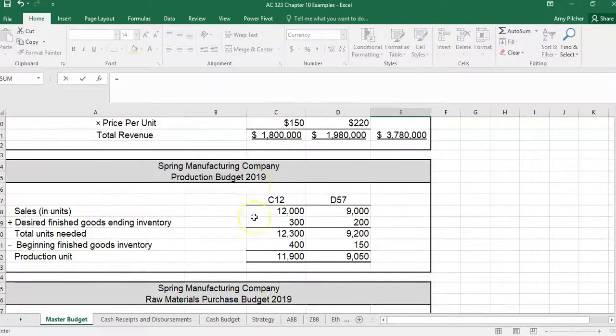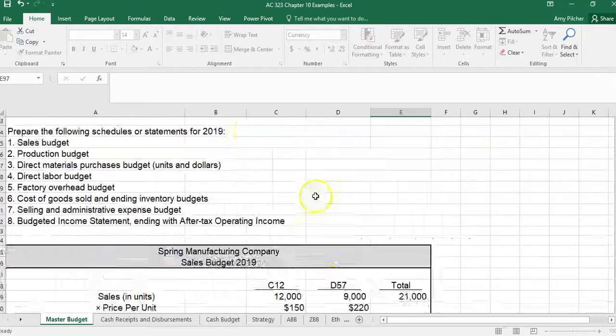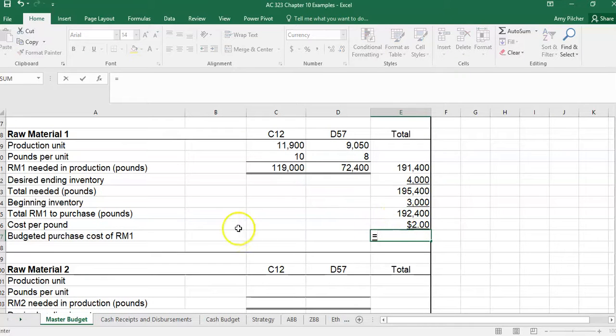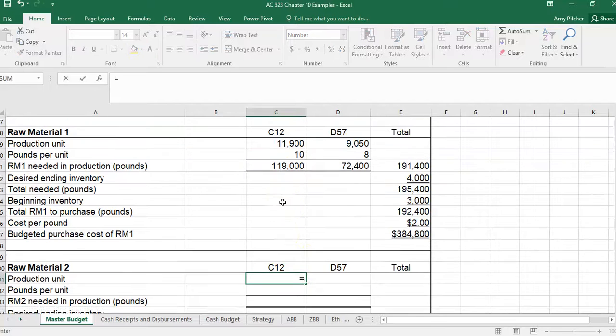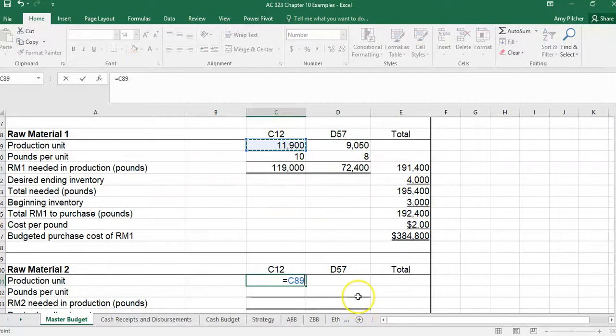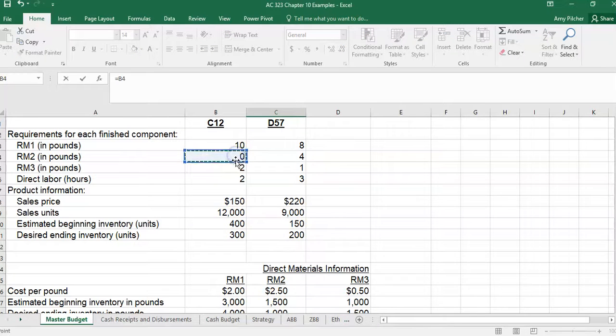Our cost per pound of raw material 1 is $2. So the budgeted purchase cost is the number of pounds we need times the $2 cost per pound. So we would do that same thing for raw material 2 and raw material 3. So we have the number of units we're going to produce, the number of pounds each, raw material 2,